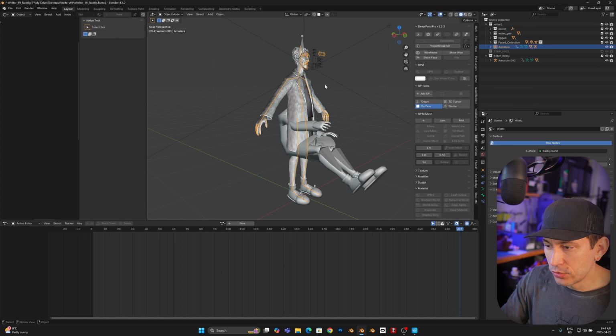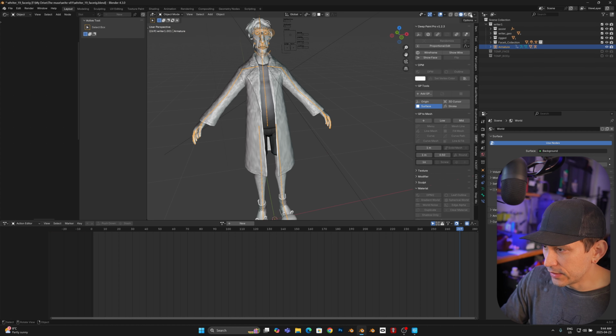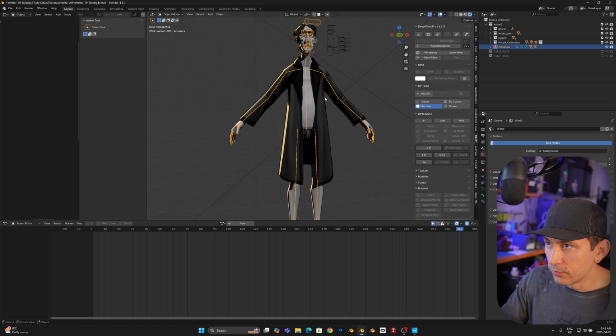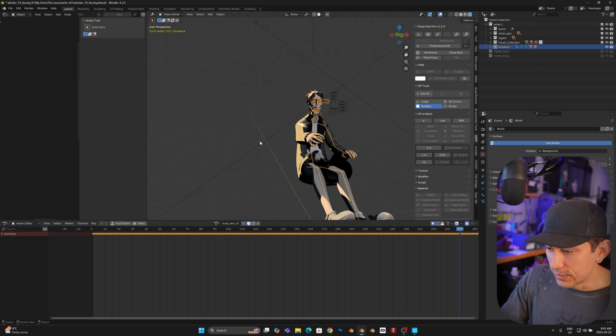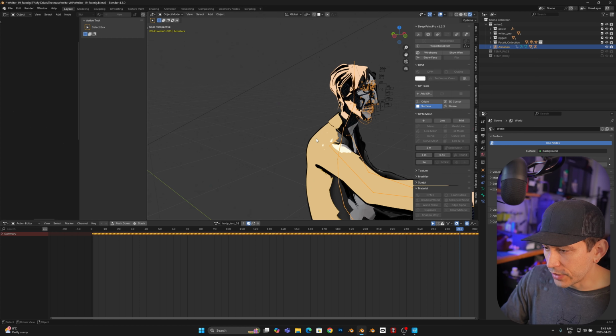Selecting my actual current rig. I'm gonna already hide this so I can better see. And we can even go to render view just to get a more pleasant look. So selecting the rig here, drop down menu, body test 01, and boom. Now I have a lot of things to clean up,